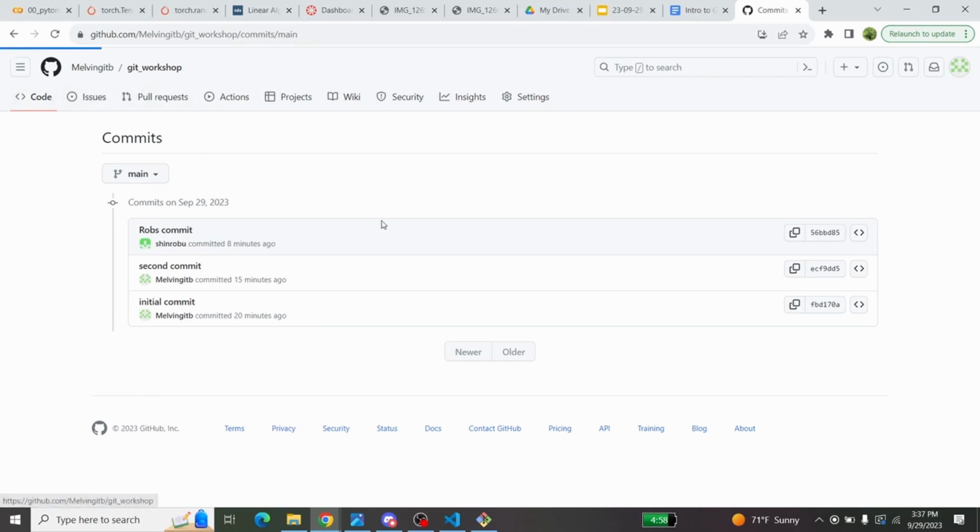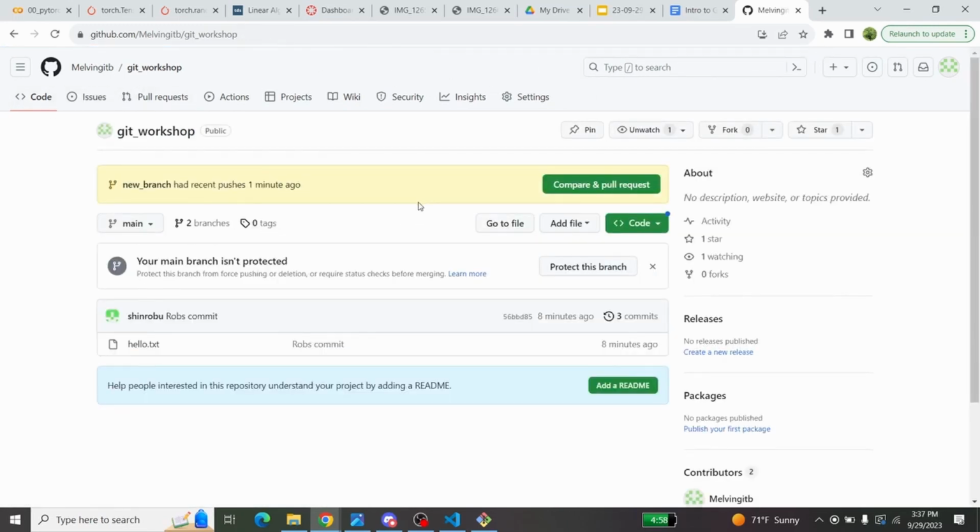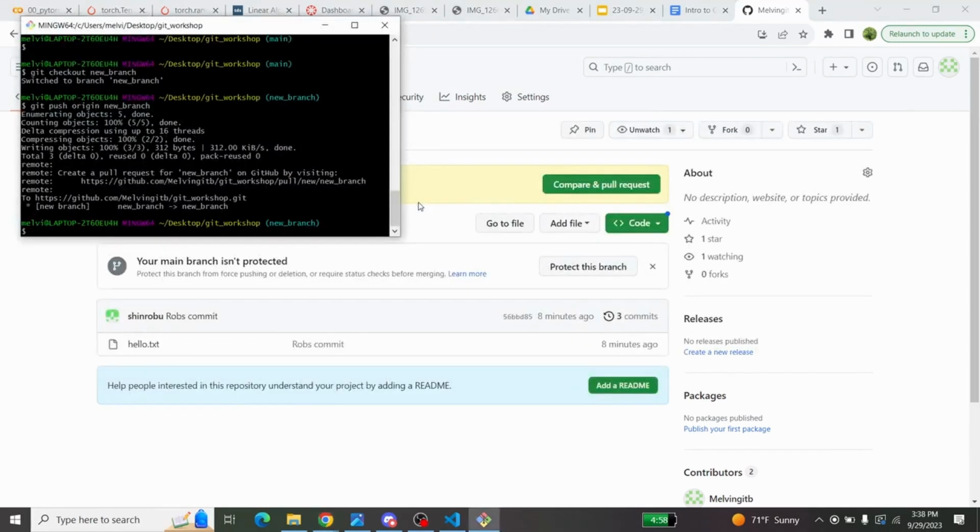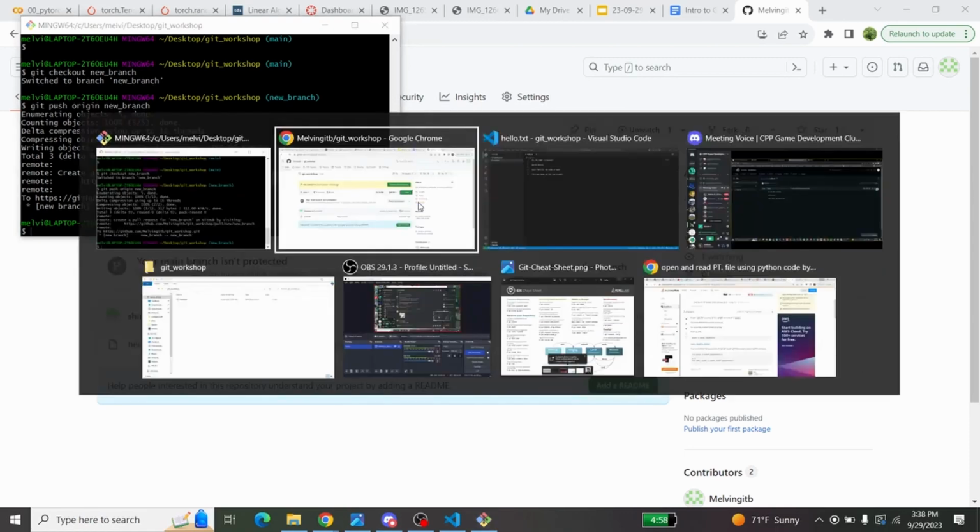So how do I actually merge everything? Oh, yes? What happens if you do git push without saying origin new branch? Let me think. I think it would give you an error message saying it needs some kind of upstream or remote version. But if I tried right now,